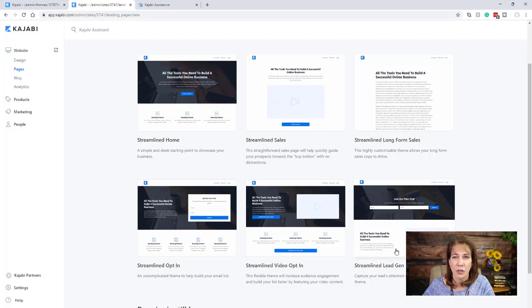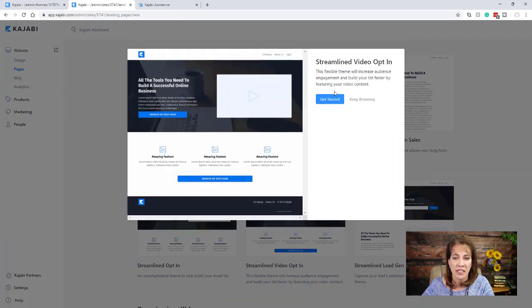So it pretty much goes with the type of page that you're creating. You can start with that if you're doing a home page, a sales page, a video page, or an opt-in page, those kinds of things. But don't be limited by that, because you can do whatever you want once you've loaded that Encore page. So we can maybe start with a video opt-in, for example, get started,